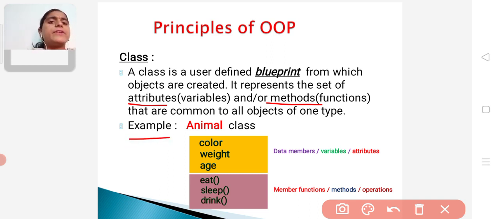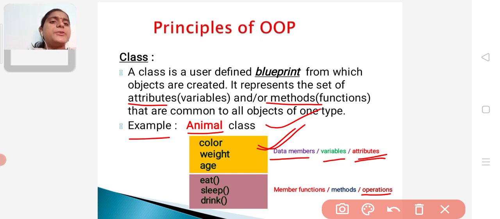Suppose we take one example, the animal class. Here I have declared one class named animal. In this animal class, the first section contains data members or variables or attributes.